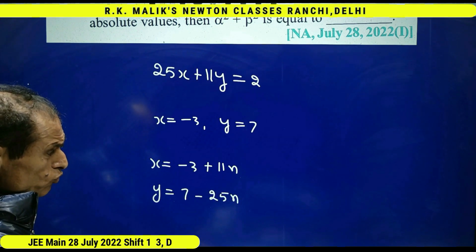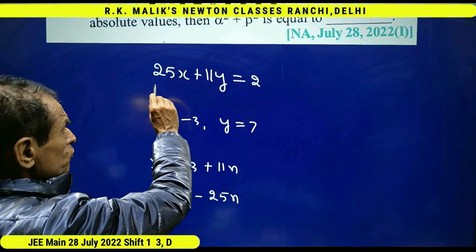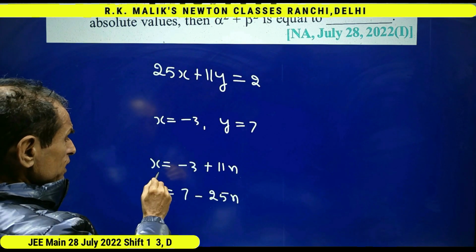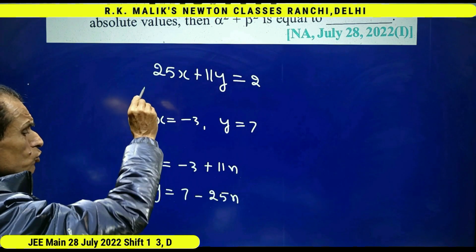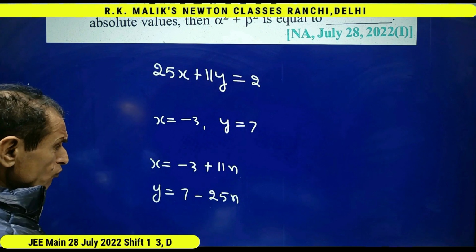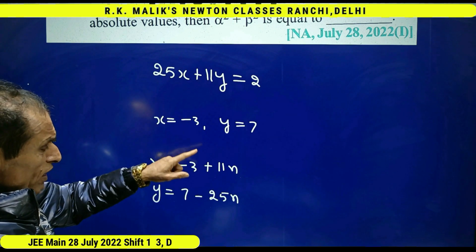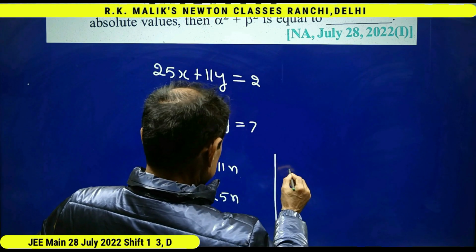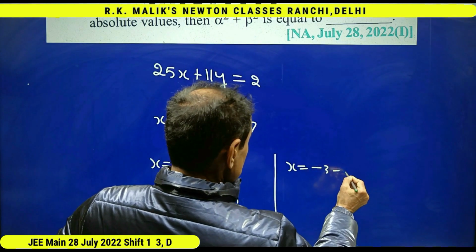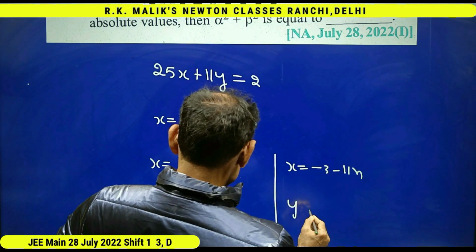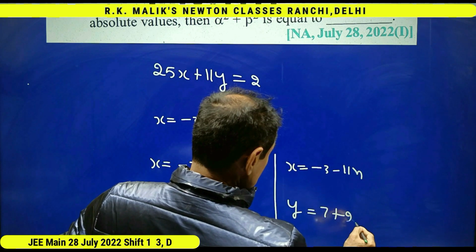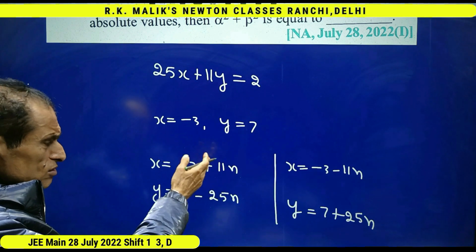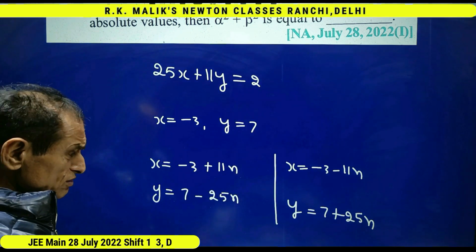25n. As I told you in the previous way also, you have to interchange the coefficients in the values of x and y. That is, 11 you will be writing in the value of x, 25 you will be writing in the value of y, and changing the sign of any one of them. That is, I could write in this way also, x equal to minus 3 minus 11n and y equal to 7 plus